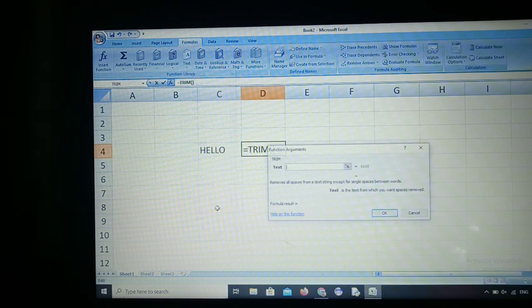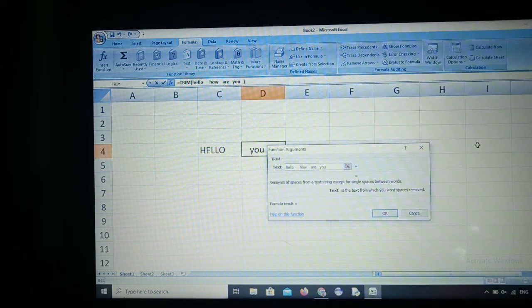And next is TRIM. Now what is TRIM? It removes all spaces from a text string except for single spaces between words. In general, when you are typing anything, you give some space between each and every word; one space is okay. But you give more spaces, something like this.